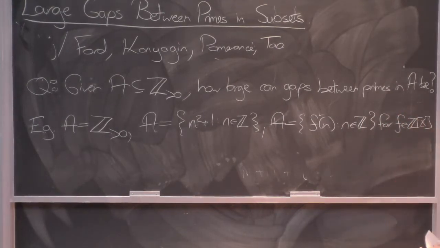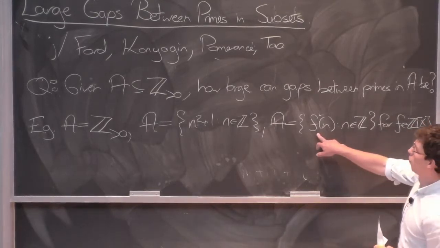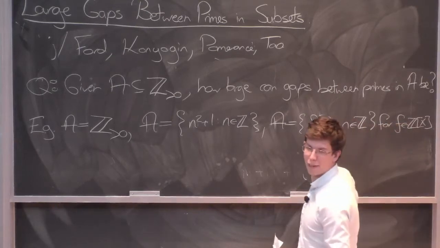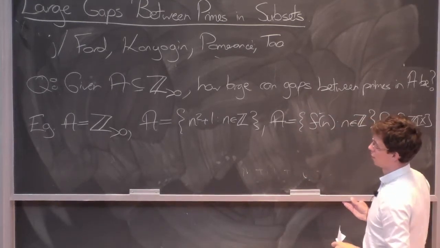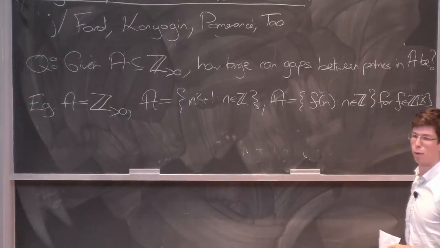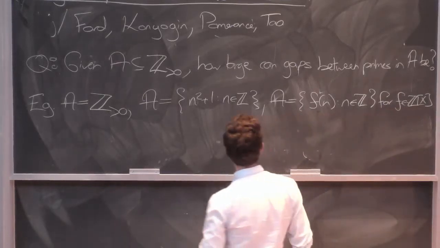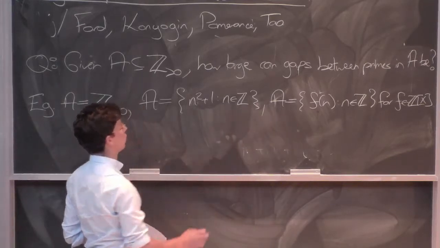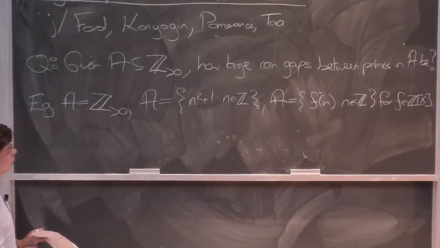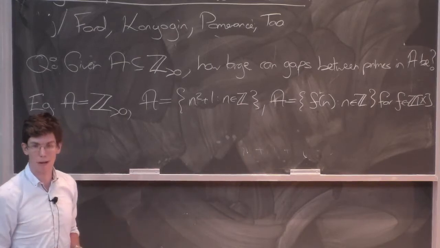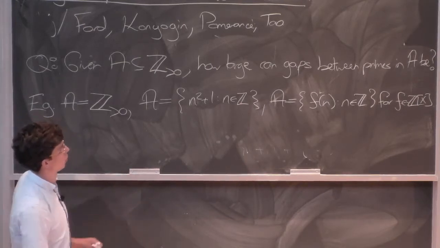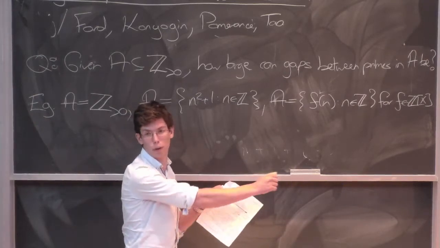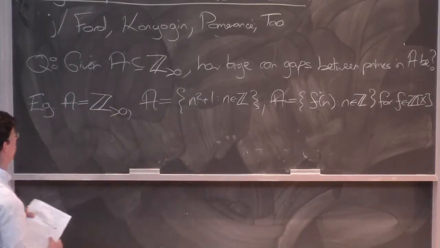And f better be an irreducible polynomial for there to even be a chance of it taking on infinitely many prime values, and similarly it shouldn't always take values which are multiples of 2. But provided it satisfies a few obvious conditions, even though we don't know such sets in either of these two cases represent infinitely many primes, we can still guess at how often it should represent primes, and maybe you could change the question around to think about how long a string of consecutive composite values you could find in your set. And then